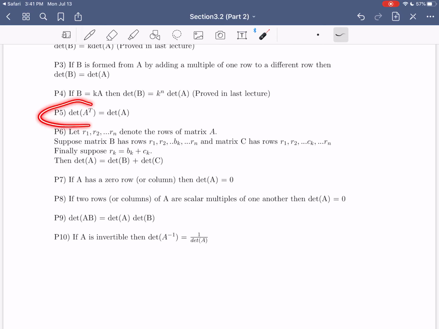So first, property 5, that relates the determinant of the transpose to the determinant of the original matrix. It turns out that the determinant of the transpose is the same as the determinant of the original matrix. So this is a pretty important one. I'm just going to sort of star some of these as we go along. The reason that this one is so important is because it shows you the relation between the transpose, which again